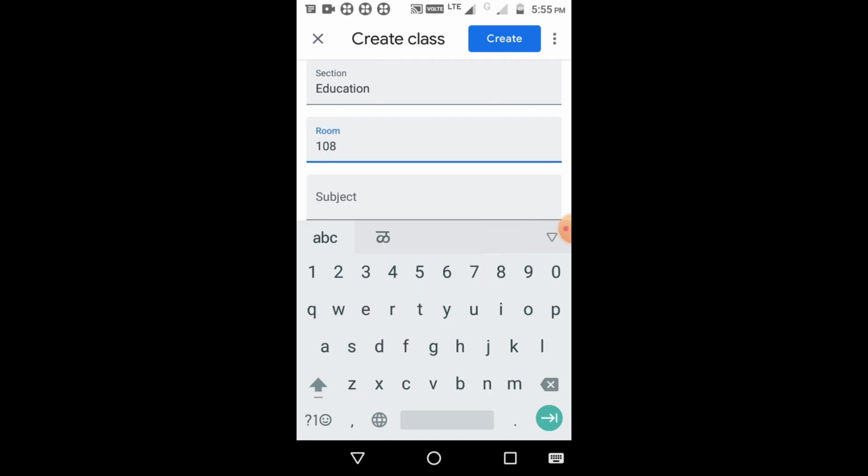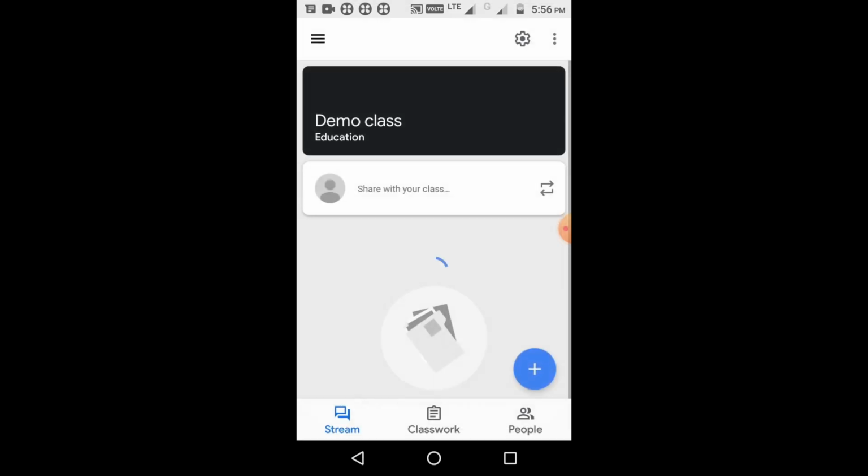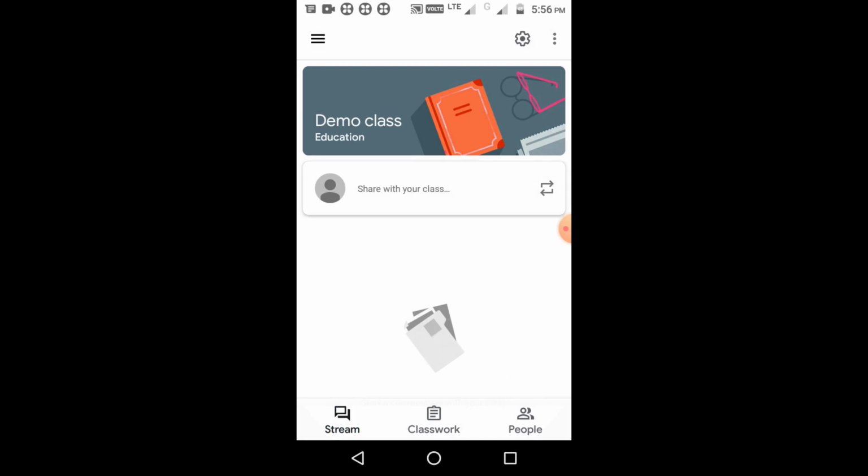Suppose it is 108, and you can add your subject name here. Suppose I am using the subject turbo machine. Once you fill in all the details in this class field, click on the create option. This will create a new class and it will take you directly into the class.